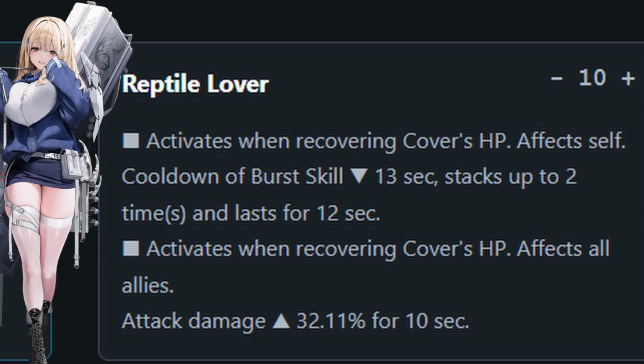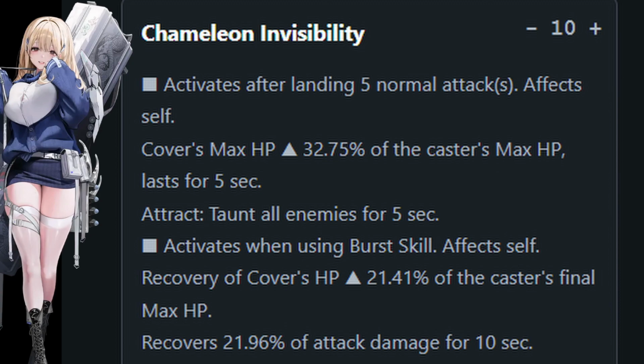Also, as a second part, whenever recovering cover's HP, all of her allies will receive from her a 32.11% attack damage up for 10 seconds. Her skill 2, Chameleon Invisibility, activates after landing 5 normal attacks and affects herself. It increases her cover's max HP by 32.75% of her max HP, lasting for 5 seconds, and taunting enemies as